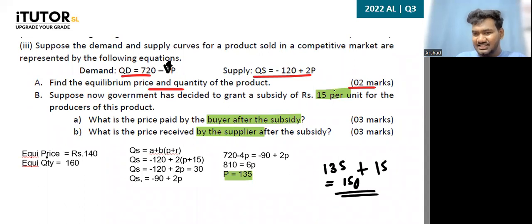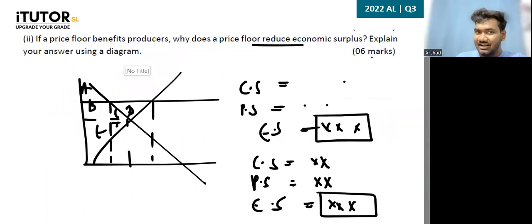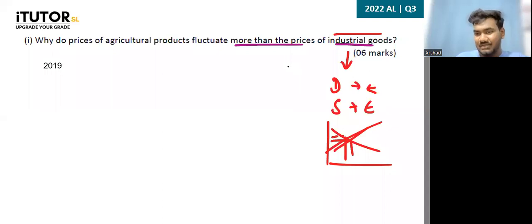So can you see how easy this question is for 8 marks? Equilibrium price and quantity, the equilibrium price after the subsidy, and the price received by the supplier after the subsidy. Simple, 8 marks. Definitely you can do this question. Maybe this would have been the little tricky one, but these have also been there in past papers. So that's why I said, please practice, guys. How do all these situations create a deadweight loss and economic surplus reduction? This one again was in a past paper.